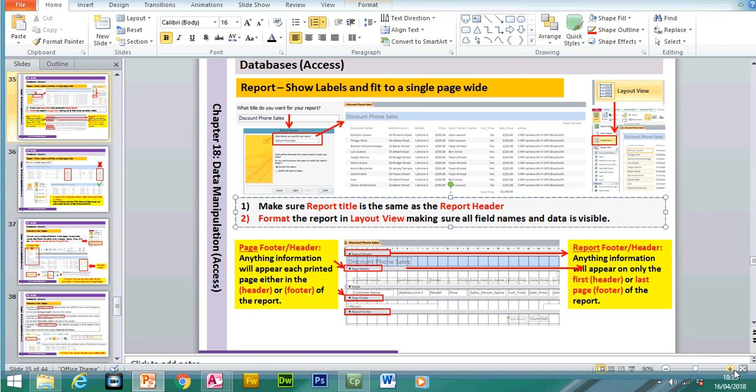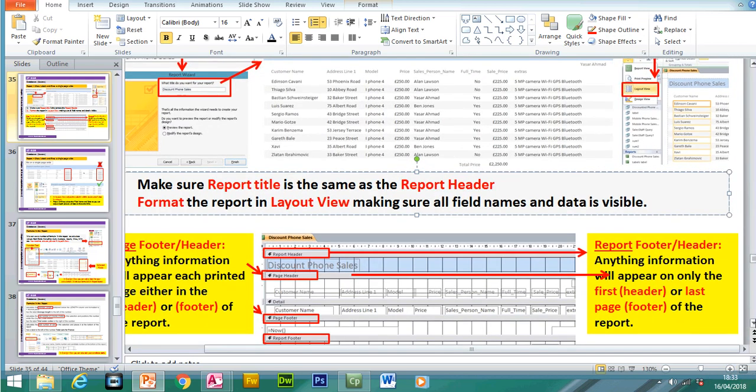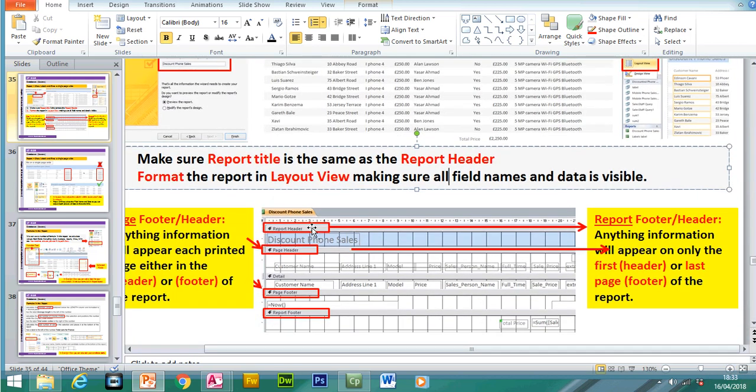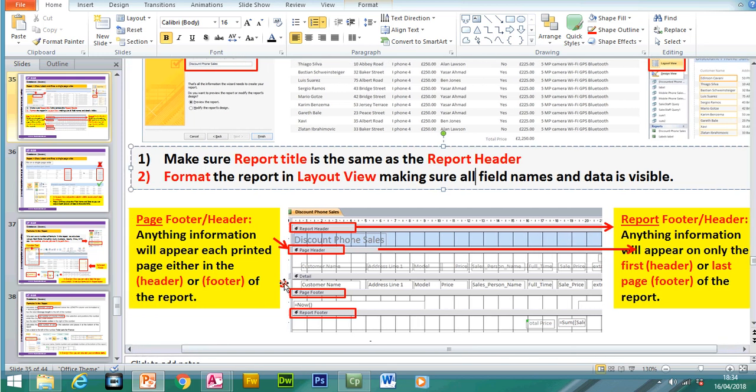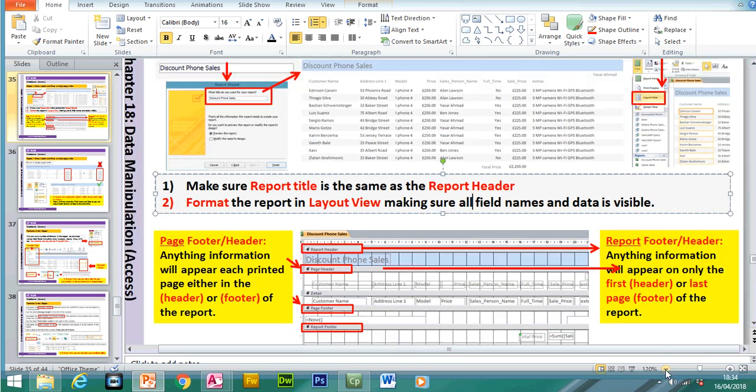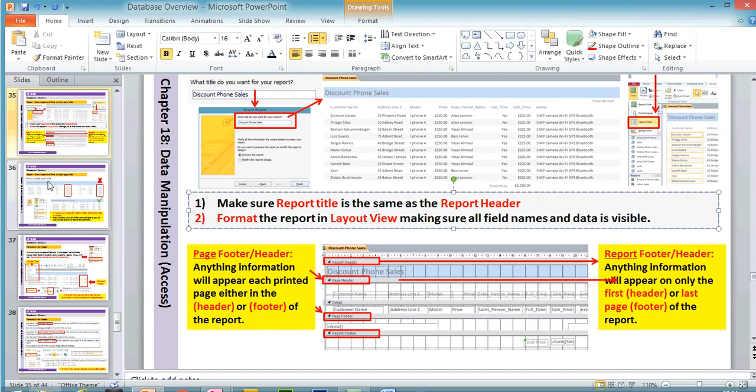Okay, so let me just zoom into here. This is just some information about the report header. So this is the report header. So any information will appear on only the first or last page. So the report header, if you have the name here, it will only be on the first page. If your name is on the report footer, it will appear on the last page. If you include something on the page header or page footer, any information will appear on each page printed. Okay, either in the header or the footer of the page. Okay, so what we do next is